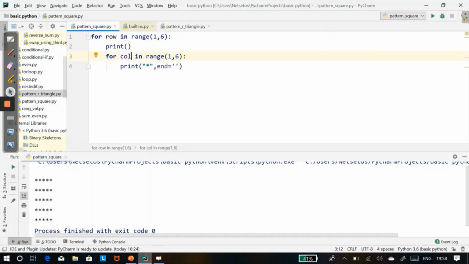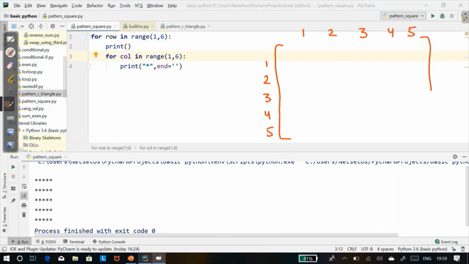So let's understand how it is working. For this, I will make a row for 1, 2, 3, 4 and 5. And here 1, 2, 3, 4 and 5. So this row here and this column signifies this.